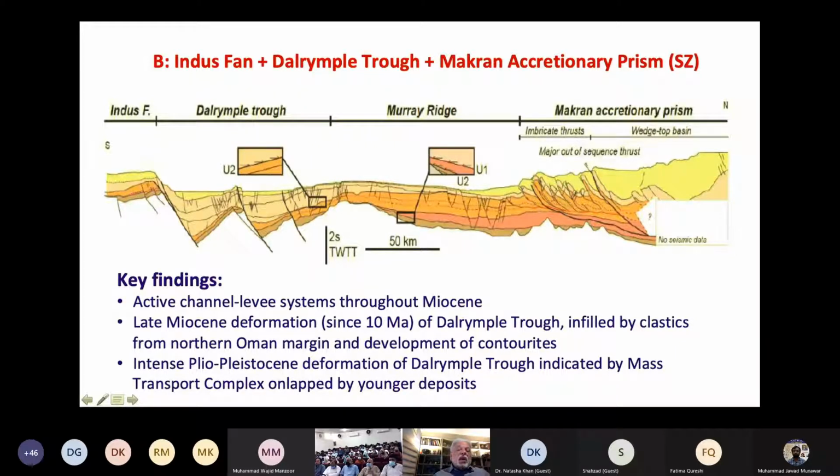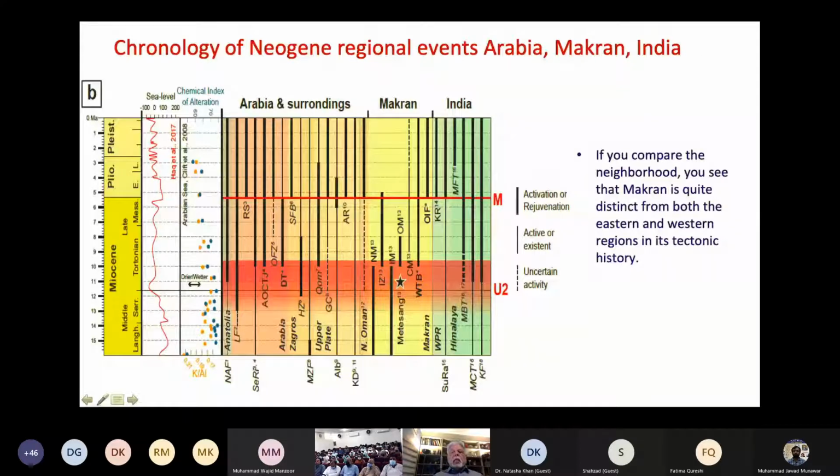So there are these mass transport complexes here and major unconformities, complexes which are overlapping the younger sediments. Okay, now if you look at the Neogene chronology of the Arabia and its surroundings, Makran and India, the Indian plate, you can see that Makran, we don't need to go into detail of this, but just wanted to show you that